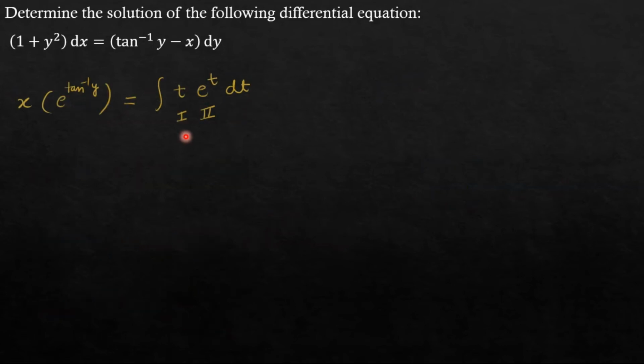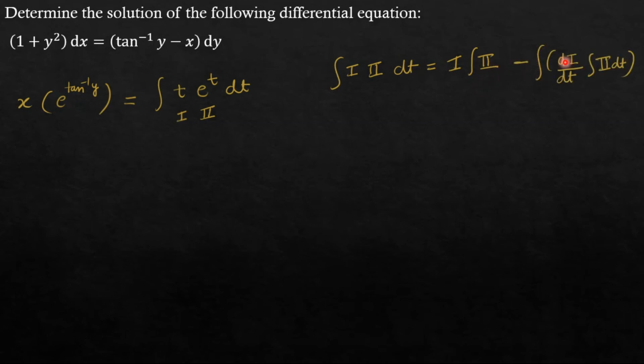Now in integration, we have a multiplication rule, for functions which are multiplied. For such type of problem, I have a shortcut formula. Suppose I have to integrate two functions that are multiplied, first function and second function. The formula is: first function into integration of second function, minus integration of differentiation of first function into integration of second function. By using this formula, let us integrate this function.